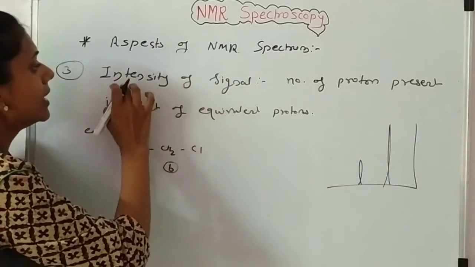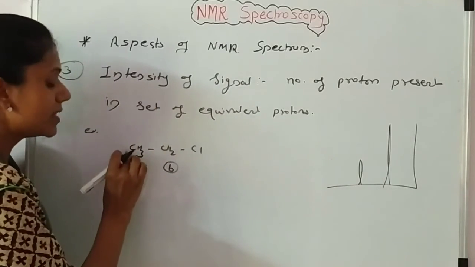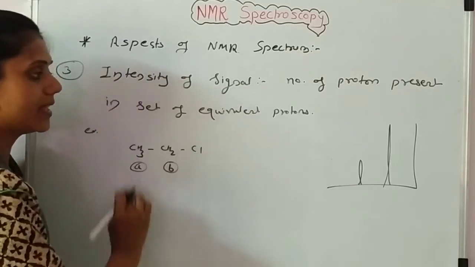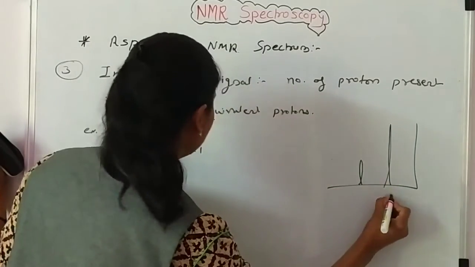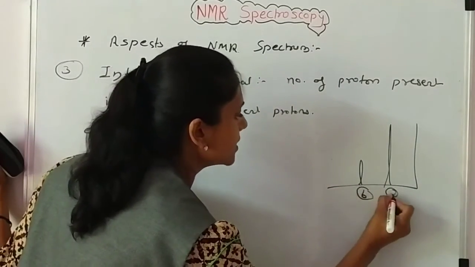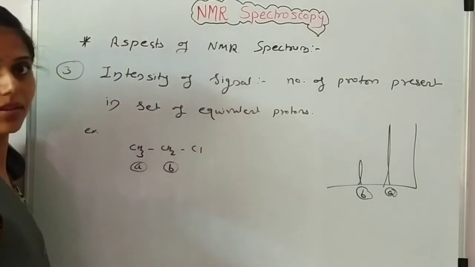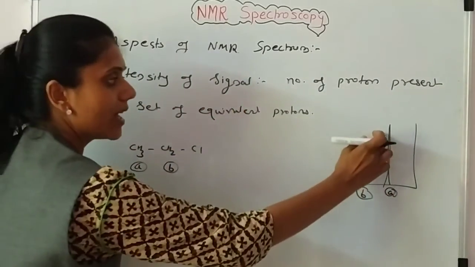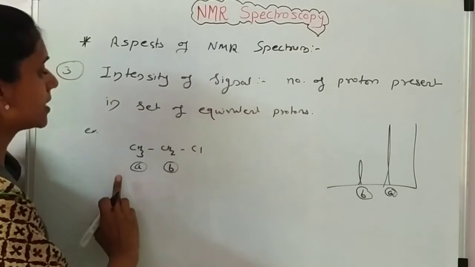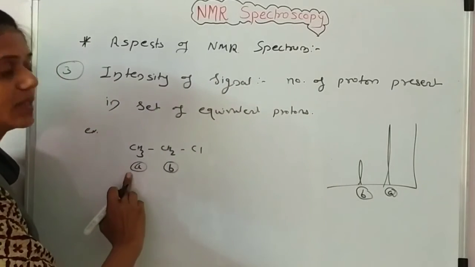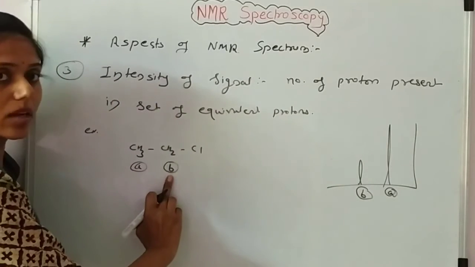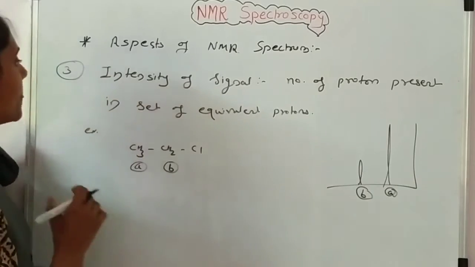Okay. Now intensity. The number of protons is more, so intensity is high. That means this signal is of A and this signal is of B. Okay. Intensity is high since more protons are present in this compared to the CH2 group. Okay. Now